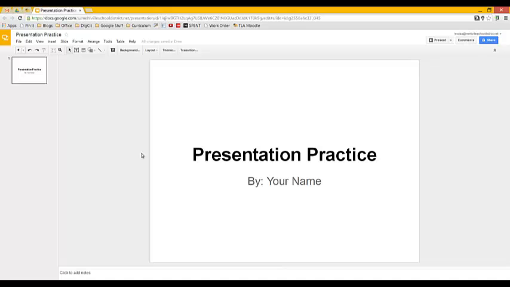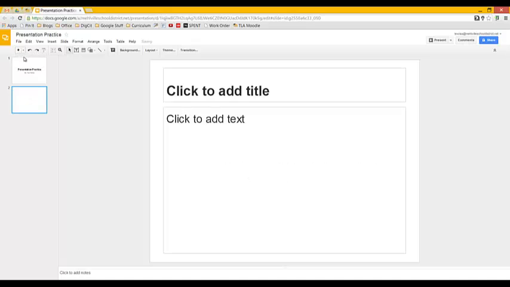To insert a new slide, we're going to go to the upper right-hand corner underneath the File button to find the little plus sign. When you hover over the little plus sign, you can see that it says New Slide, which just means it's going to add a new slide. So go ahead and click on the plus sign, and you can see that whenever you click on it, it